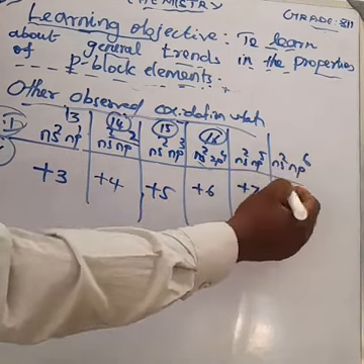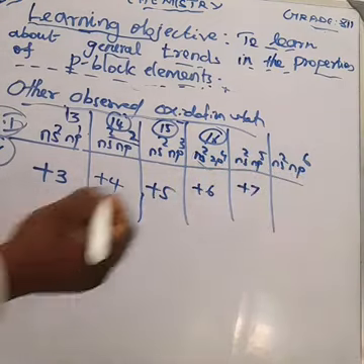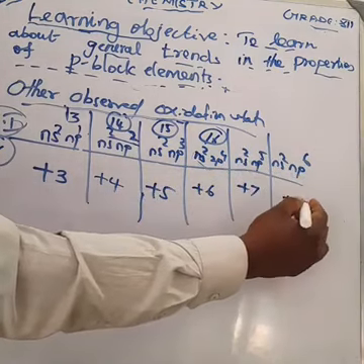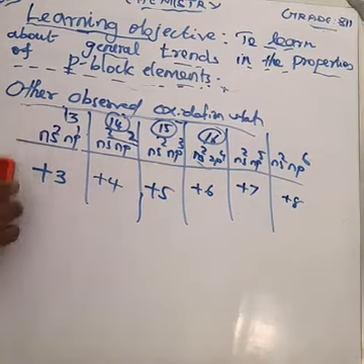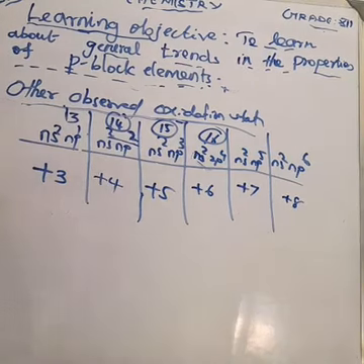What about the inert gas? ns2 np6. 6 plus 2, 8. So plus 8 is the highest oxidation state. Can you write, my dear children? Do you feel any difficulty? Next, one of the very important